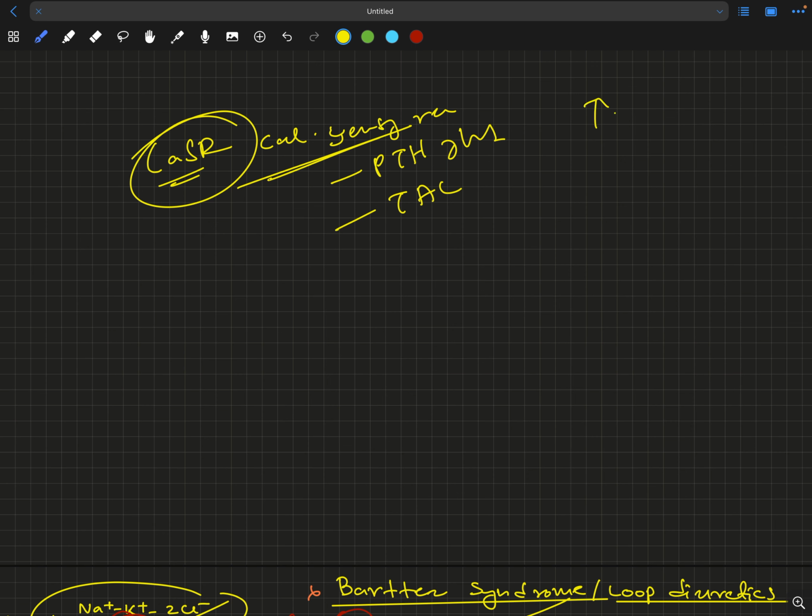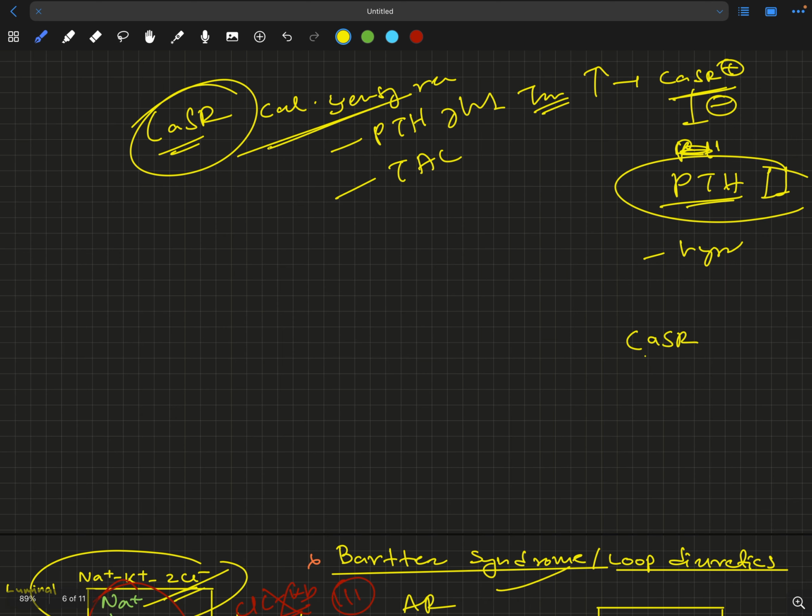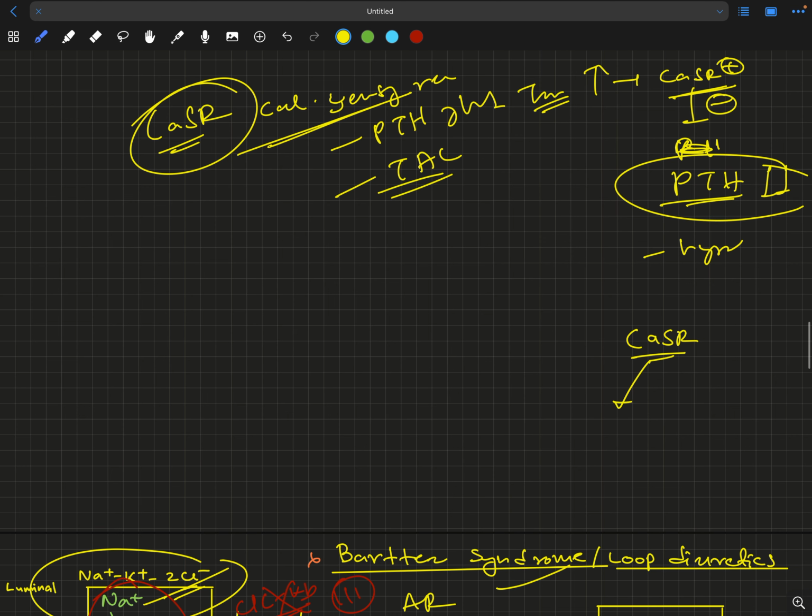Suppose there is hypercalcemia. Now this CaSR gets stimulated. Now it inhibits the parathyroid gland, and then there will be decreased secretion of PTH. So there will be hypocalcemia that will balance this hypercalcemia, which is the trigger for CaSR. Okay, another thing is that it's also present in the thick ascending limb of loop of Henle. Remember, CaSR always has inhibitory functions. It inhibits the parathyroid gland to decrease the secretion of PTH, and in thick ascending limb of